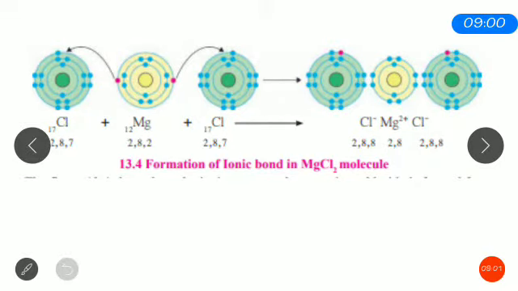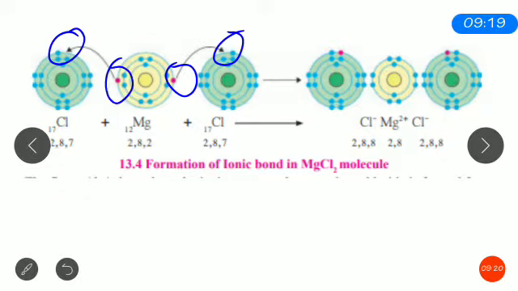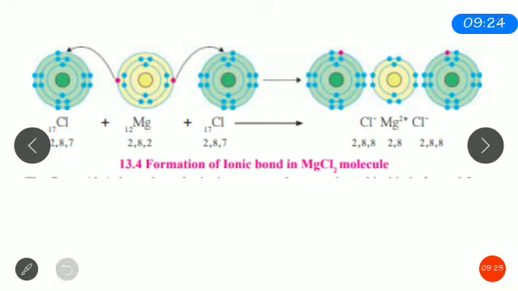Similarly, when we talk about MgCl2, what is happening? So in this case again we know that chlorine will just have 1 electron. It will be needing 1 electron only to obtain the octet stability over here also. And magnesium has 2 electrons in the last shell. Okay, so to obtain octet stability, magnesium needs to give away the 2 electrons, and because there are 2 atoms of chlorine, both the atoms of chlorine will accept 1 electron from magnesium.